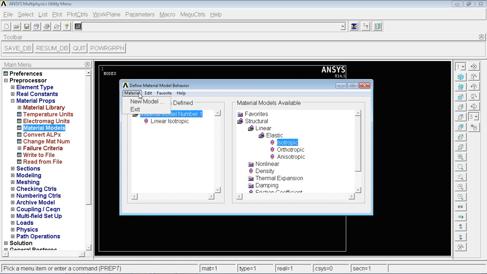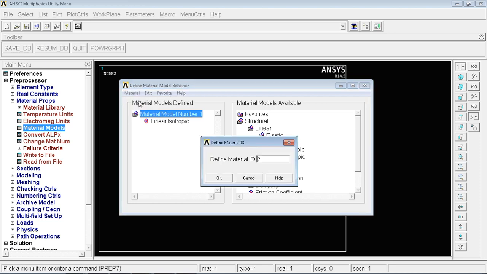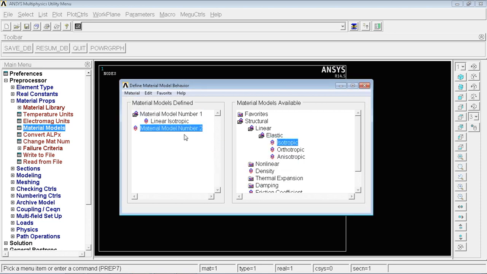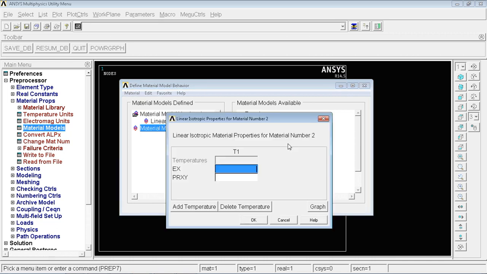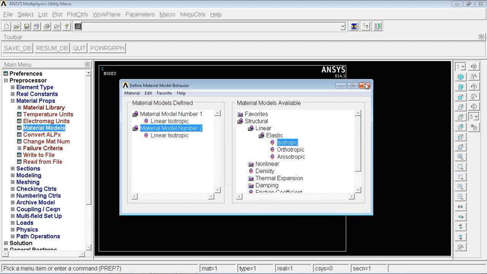For that, I'll go for material, new model, define material ID 2, okay. This is the second material. I'll give structural, linear, elastic, isotropic. The value of Young's modulus is 0.7E5. Next, Poisson's ratio, here also I'll give 0.3. I'll click on OK. Next, I'll close this.